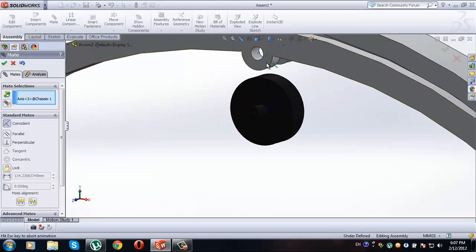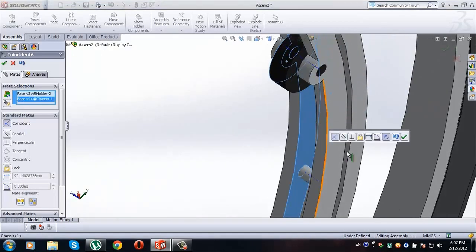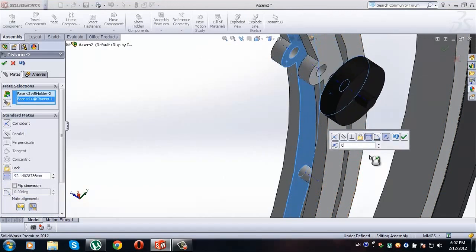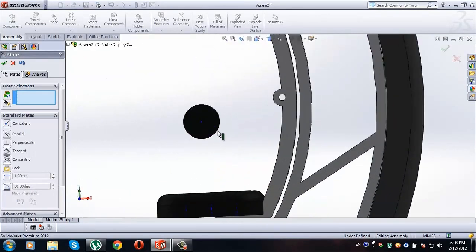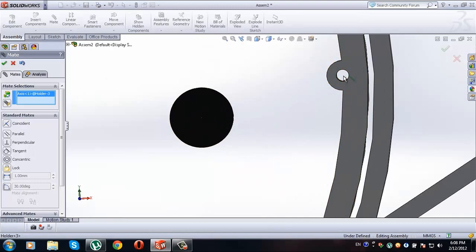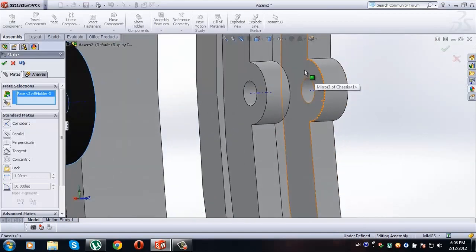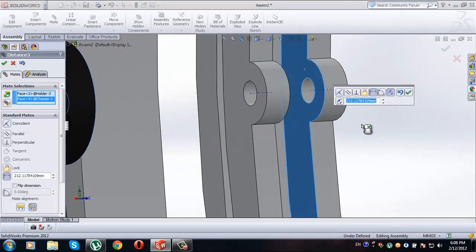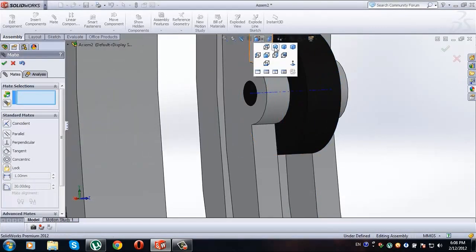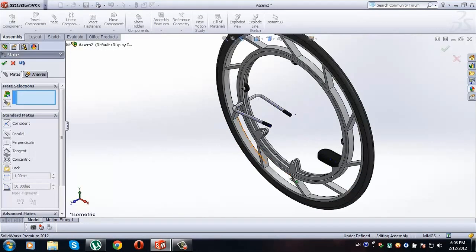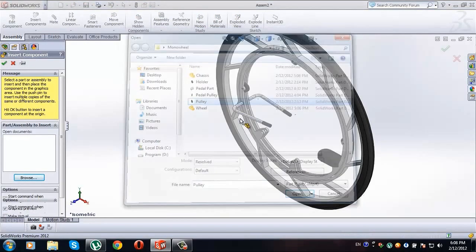This axis and this axis here, check. This face and this face here, distance 0.5 millimeters. Okay, check it. This axis and this axis here, this face and this one here, distance 0.5 millimeters. Go to view orientation, go to isometric, check the mate, insert components, browse, insert pulley,